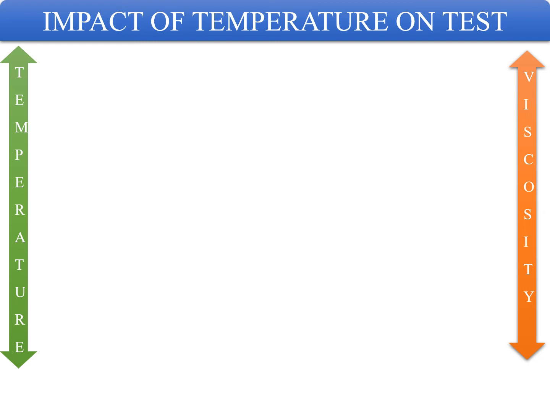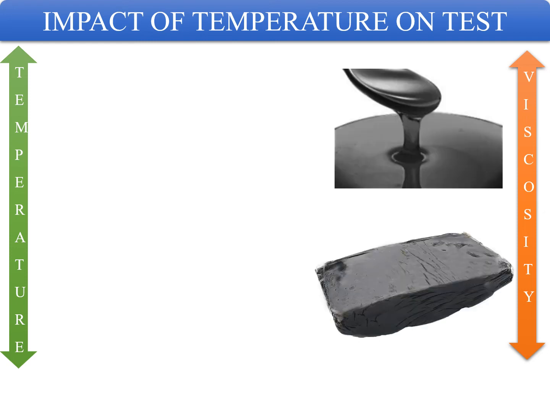The penetration test is specifically designed with conditions like the test temperature should be maintained at 25 plus or minus 0.1 degrees centigrade, and during the sample preparation also, if it is bitumen, it has to be heated to not more than 90 degrees centigrade above the softening point of the material, and if it is tar, it should not be heated more than 60 degrees above the respective softening point of the material.